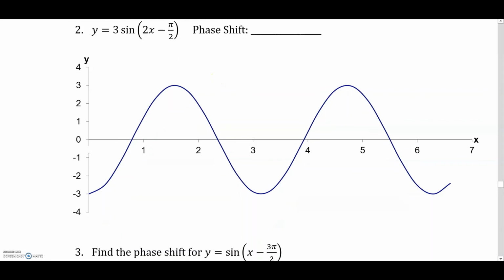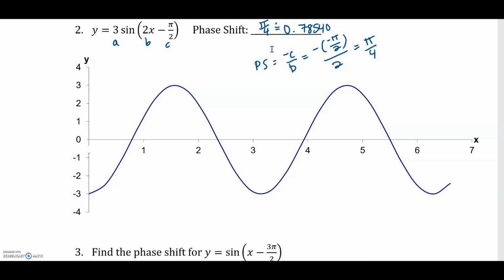Whereas in question 2, it says, determine the phase shift of 3 times sine of 2x minus pi over 2. And we can calculate that. So identify a, b, c. So your phase shift is equal to minus c over b, which is minus negative pi over 2 divided by 2, which is pi over 4. We can write down what pi over 4 is as a decimal, it's approximately